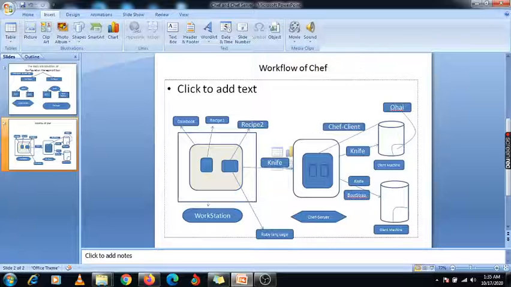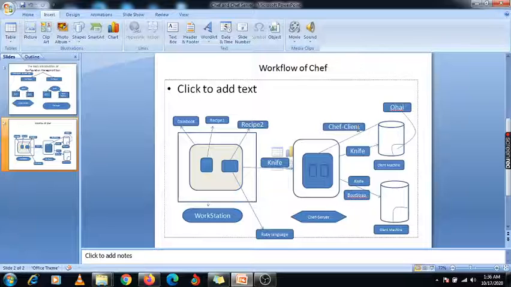Knife is nothing but a tool to upload your cookbooks to the Chef server, and it is a command line tool, right? Bootstrap is nothing but how we connect your Chef server with the client machine. The Chef client is also nothing but your agent.